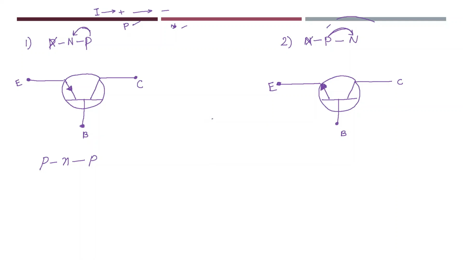I hope you understood the basic things, the definition regarding the transistor, how many types of transistors are there, what are the schematic diagrams of transistors, and what are the doping concentrations of a transistor, as well as the different parts of a transistor. So here we are having 3 terminals. One is emitter, one is collector, and other is base terminal. Suppose the current is flowing from base region to emitter region. So I have taken one transistor. It consists of 3 terminals, emitter, base and collector.